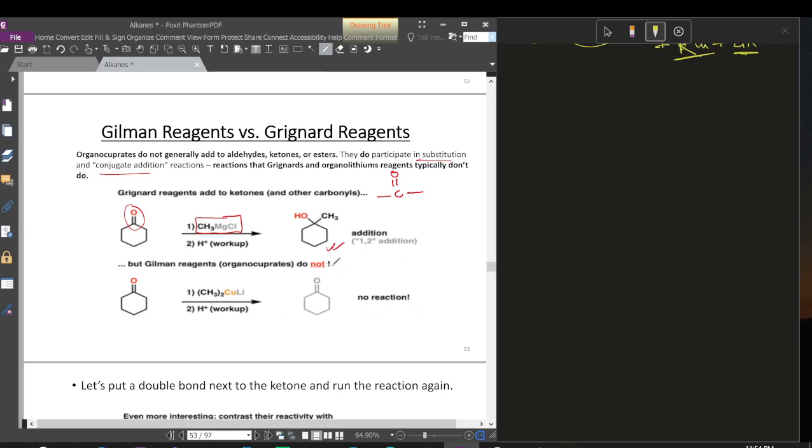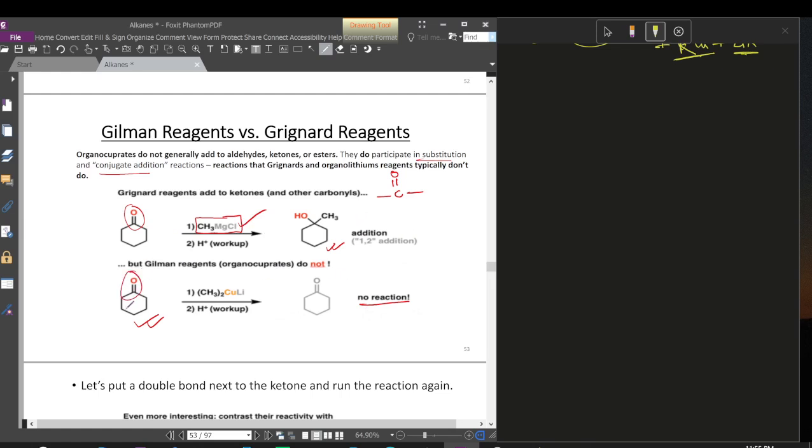But Gilman reagents or organocuprates do not react with these carbonyls, so there is no reaction. So what is the reason behind it? The Grignard reagents react with carbonyl, but the organocuprates, or the lithium dialkyl cuprate, why can't they react with the